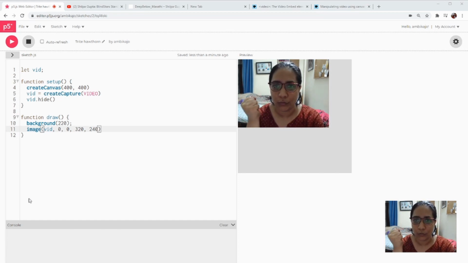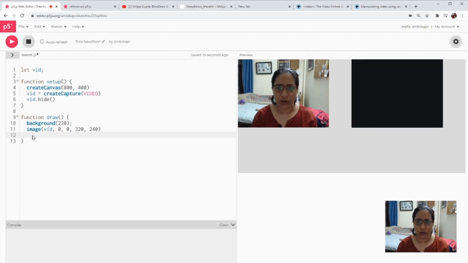We can also do something called copy, which I think we did in the previous session when we did images, which requires a source image, a source x and source y, a source width and source height, and then a destination x, destination y, destination width and destination height.